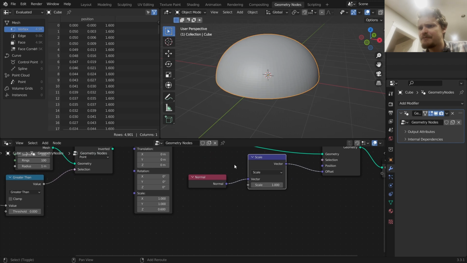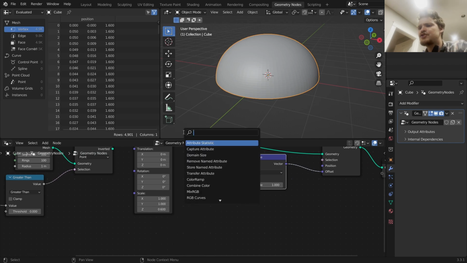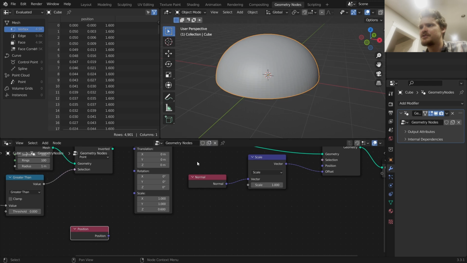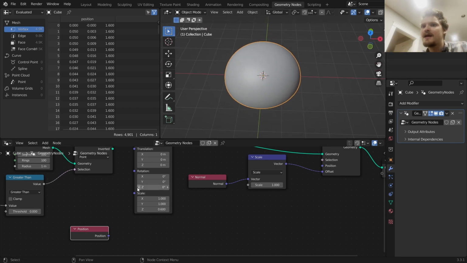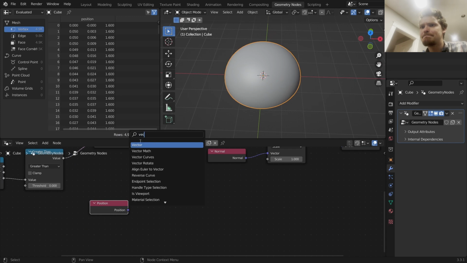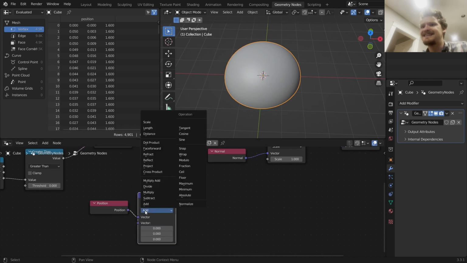To make a map for this, I think what I'm going to do is I want a map that tells us how radially out we are. So it starts here, and then it grows out radially, and that's going to tell us how much to pulsate depending on the position there. So I'm going to take the position, I'm going to extract the length of it,